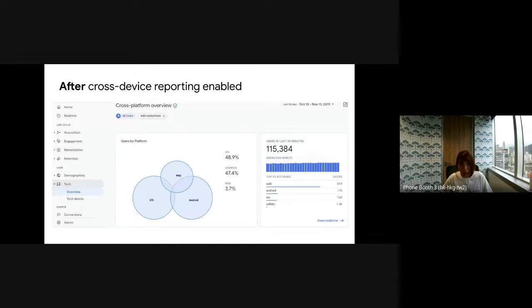Once you enable the cross-device reporting, all the metrics and the user data that you see in GA4 reports will already be deduped based on Google Signals. And here in the technology report, you will also see how these users overlap, to help you understand the cross-device behavior as well.